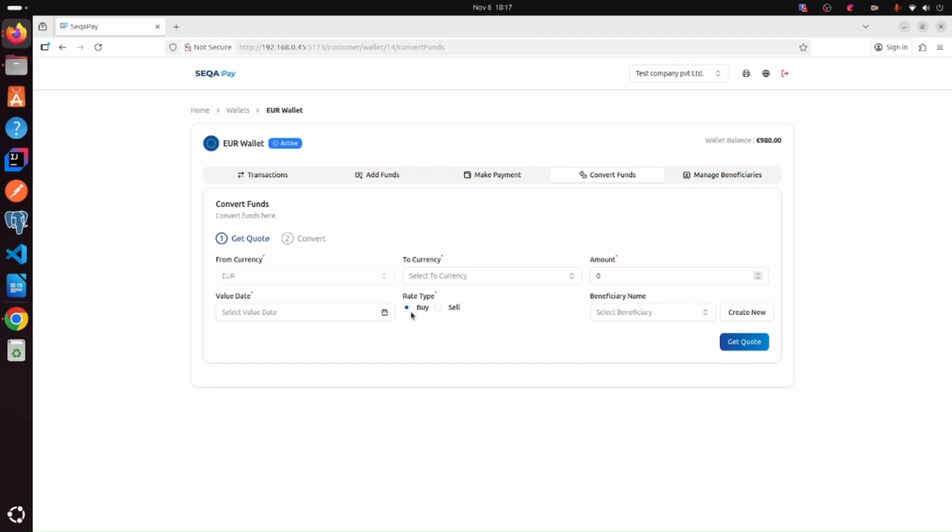customer portal and then click on the wallet from which he needs to initiate the conversion, and then he needs to click on convert funds. Here in conversion there are two scenarios, the buy scenario and the sell scenario, and in the buy scenario, the requested amount will be directly credited to the target wallet